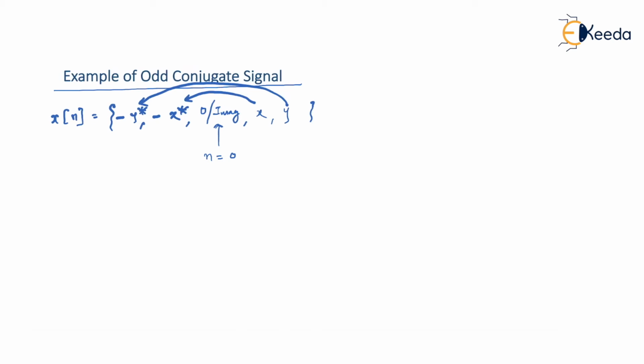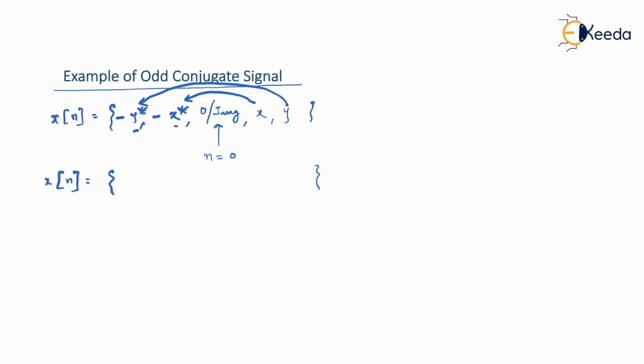So what is the difference between a normal odd signal, that is x of n, let's say real, and what if it is odd conjugate? The only difference is having an extra conjugate sign here, right? And the second difference is when x of n is a real signal, then at n equal to 0, x of n should compulsorily be 0. X of n cannot be an imaginary value. But here we are allowed to write an imaginary value also. So I guess it would be quite clear to you only if I take a particular example. So let us begin with some example.